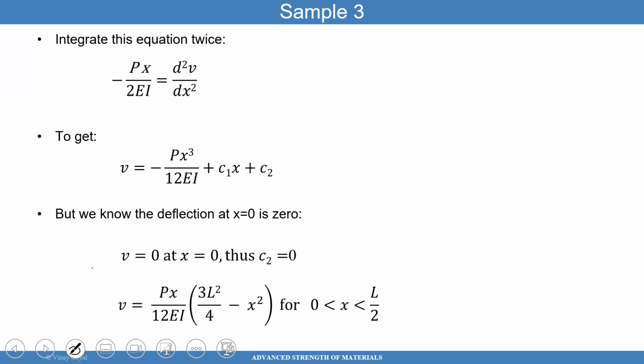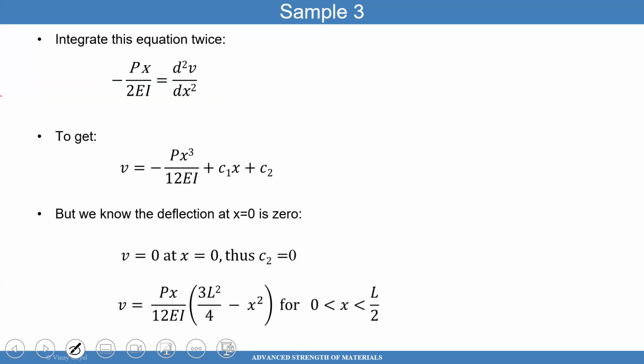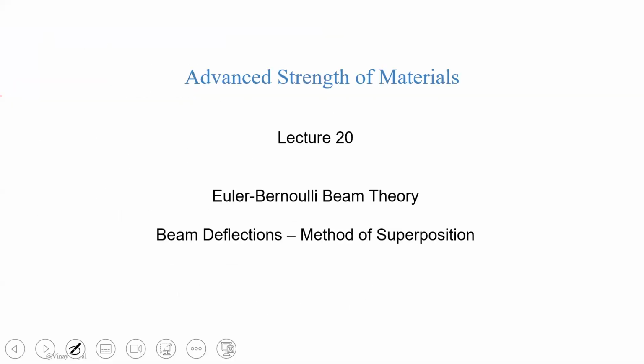So that's why I illustrate this problem, but you could have solved it without using symmetry. You can just integrate it twice, apply this boundary condition and then this boundary condition, not do it exactly how I did it, but be able to actually solve it that way. Any other questions before I move to the next